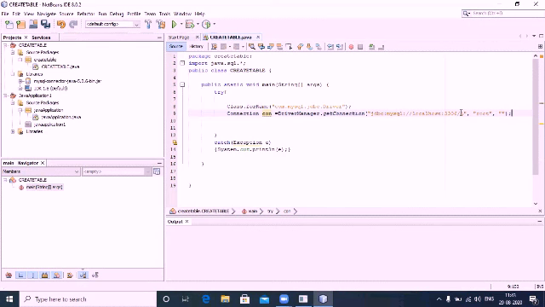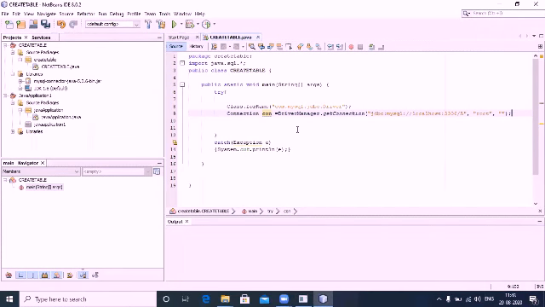So here this JDBC is nothing but the API and MySQL is the database, and this localhost and 3306 is the server name on which MySQL is running, and the port number is 3306. This is the database name, this is the user ID which is root, and this is the password. Because we don't have any password, we write double empty quotes.